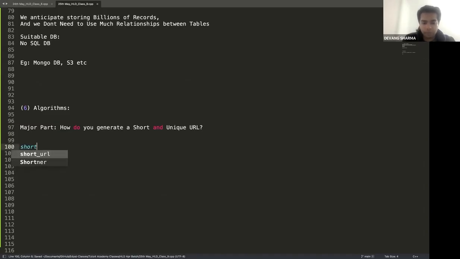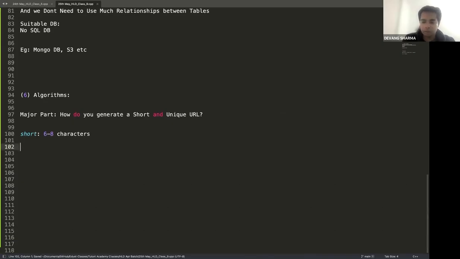When I say short, I'm referring to 6 to 8 characters, not more than that. There are multiple ways to do it. Let's talk about each of the ways and see what can possibly be right and wrong with them. One easy way is I can start with encoding the actual URL, or another way is hashing. What does that mean? Whenever I get a long URL, I can compute a unique hash